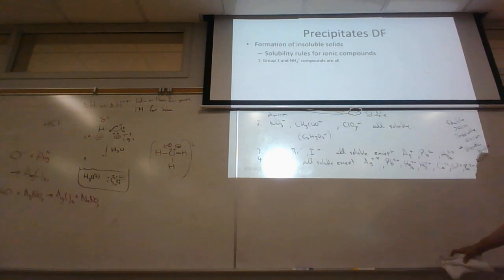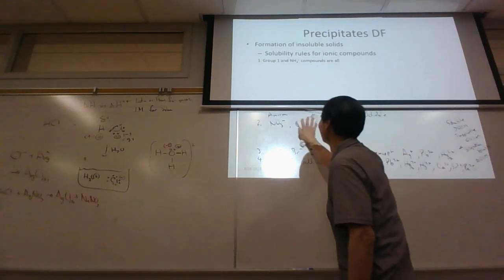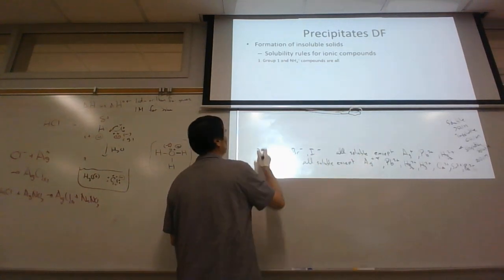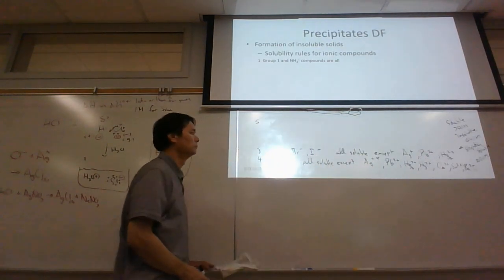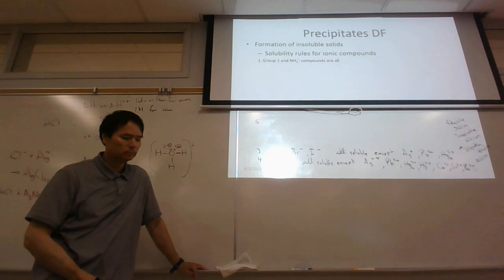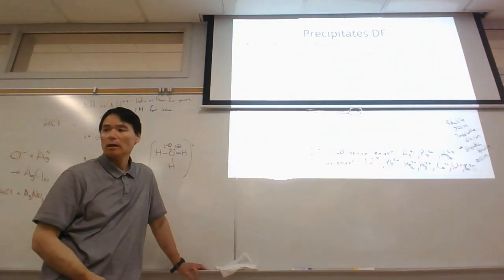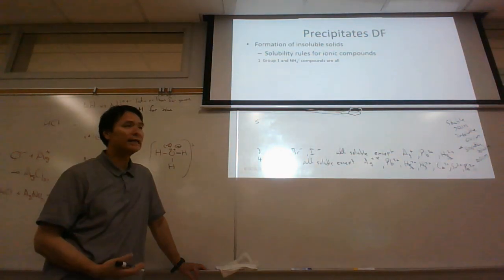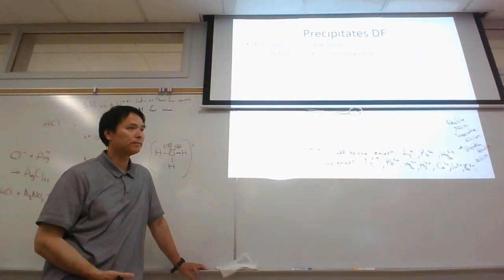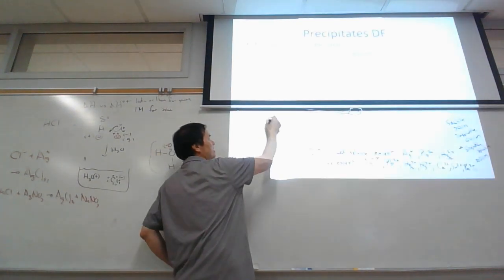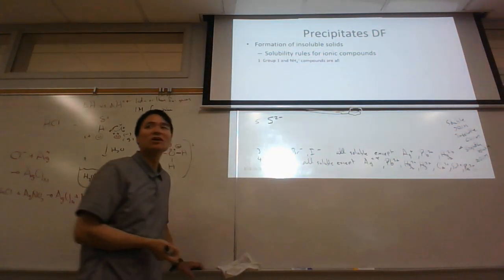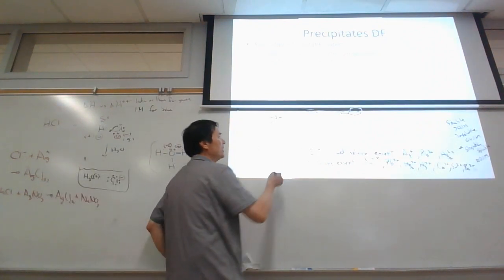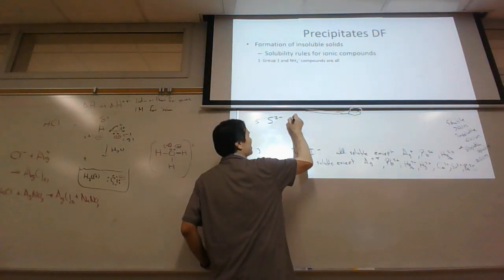All right, that's number 4. Let's go on to number 5. Let me write it here on the light. Number 5 is the mostly insoluble species. And the first one we're going to look at is S2 minus. S2 minus is called sulfide. And sulfides are mostly insoluble. So sulfides are insoluble